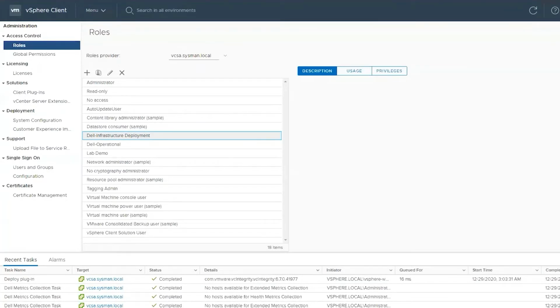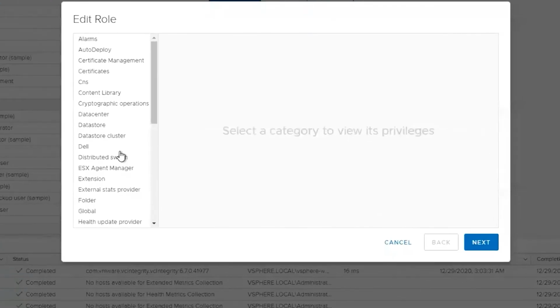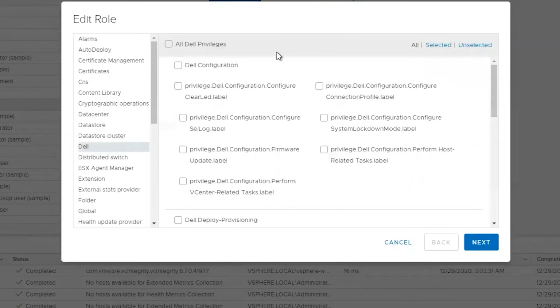So let's say we want to create our own role-based group. I've got one created here. We can edit this. Here in the Dell role, we have a list of privileges that are available to us.